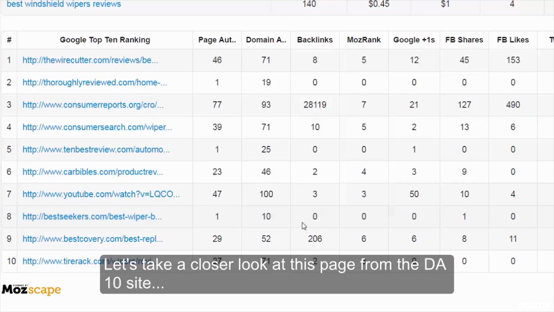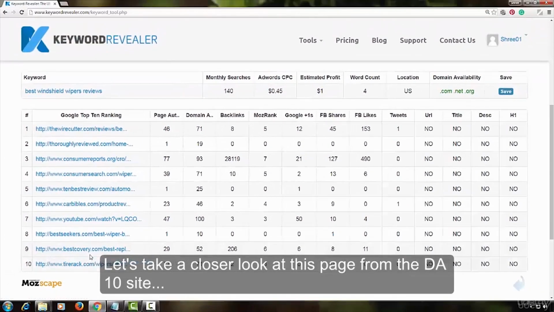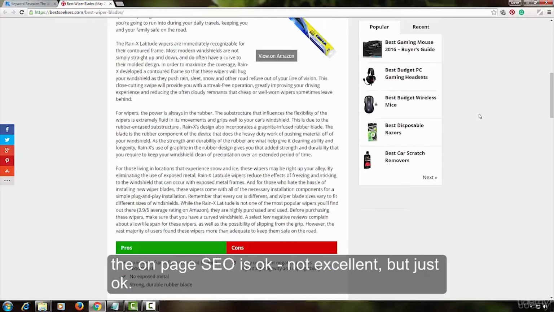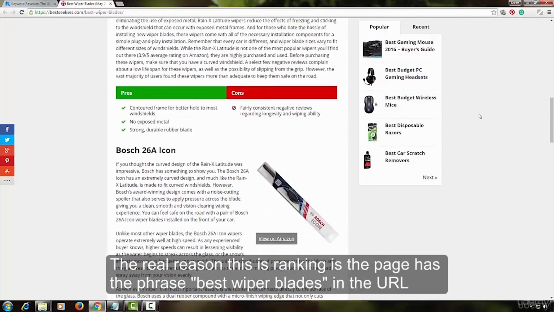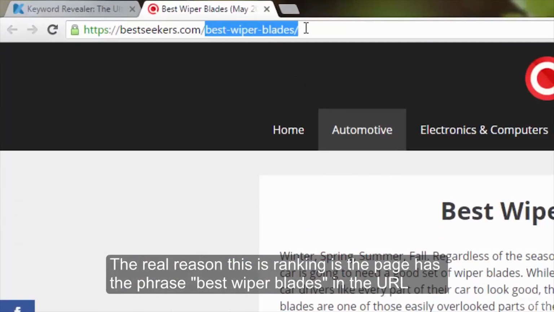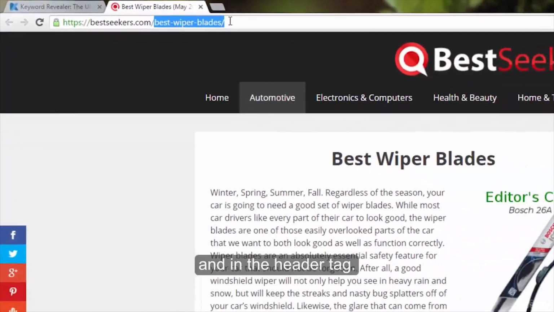Let's take a closer look at the page from the DA 10 site. The on-page SEO is okay, not excellent, but just okay. The real reason this is ranking is the page has the phrase best wiper blades in the URL and in the header tag.